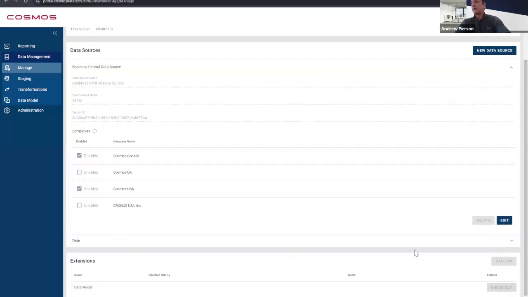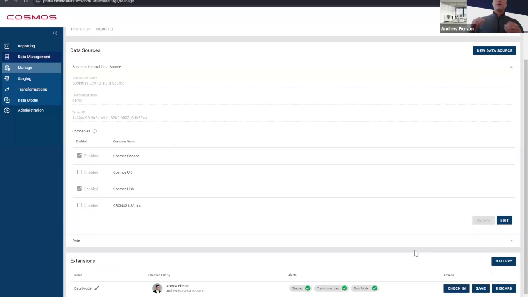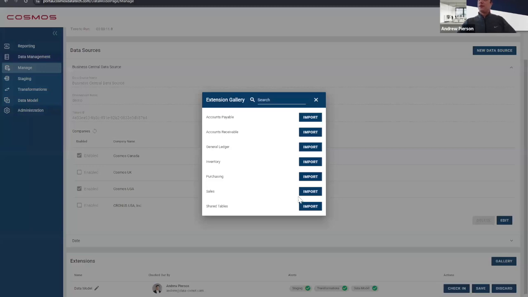And then next, I want to check out the data model. And let me actually mention, not everyone's going to have access to this area. This isn't someplace where everyone's going to be playing around. This is more for if you need to make any changes to your data model, like simple changes or anything like that. But I've checked out my data model, and very similarly to the report gallery, we have a pre-built